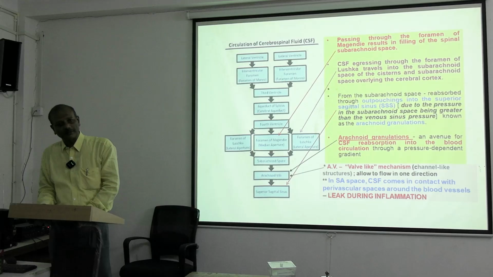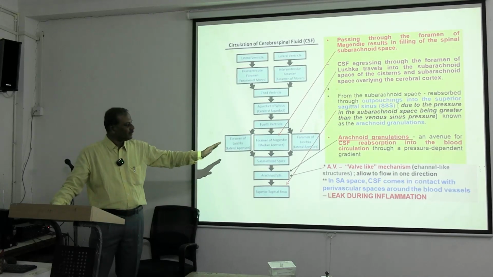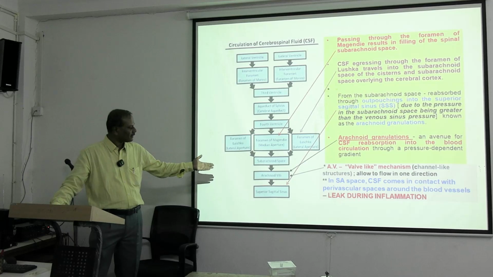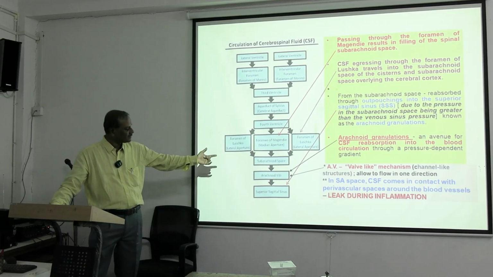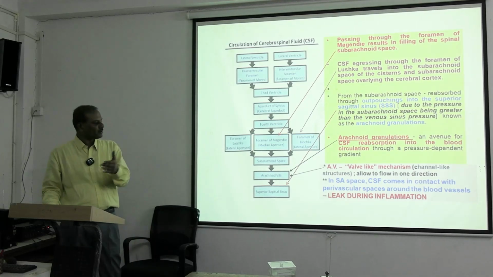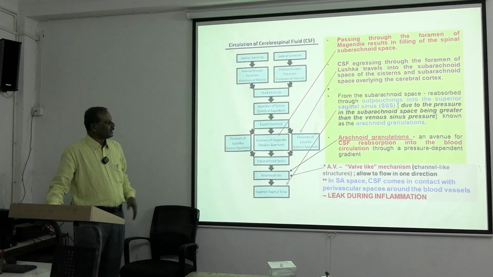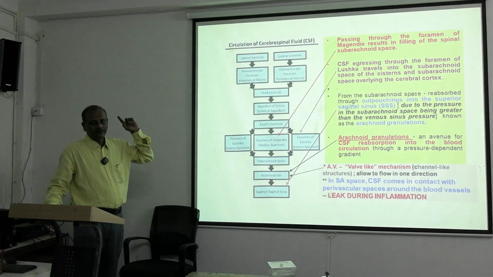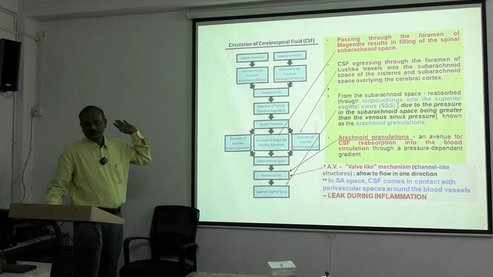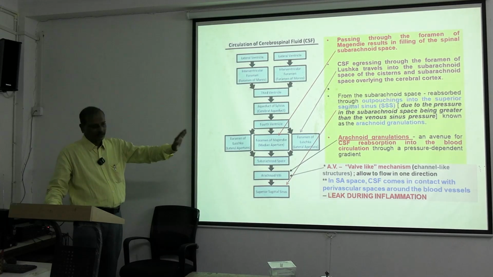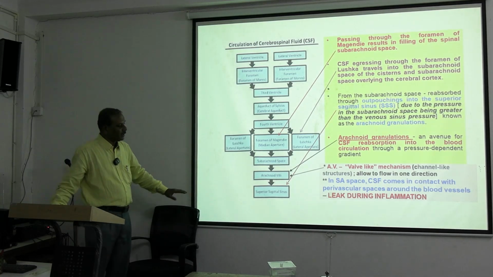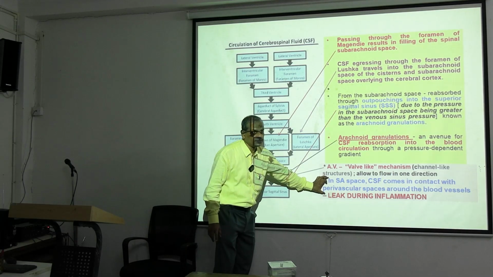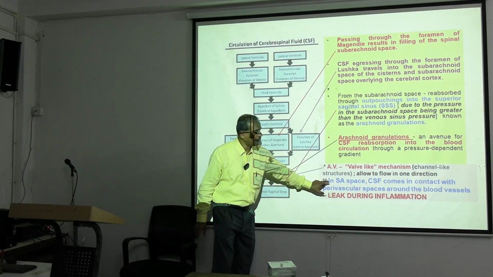So this arachnoid villi is allowing, just like an AV valve-like mechanism. This arachnoid villi finally grows into the arachnoid granulations, and it's a one-way traffic. And from the arachnoid granulation, CSF is reabsorbed. This I will show to you in a diagram and animation also. Most importantly, from a clinical point of view, is this one. Again, I will elaborate on this one.